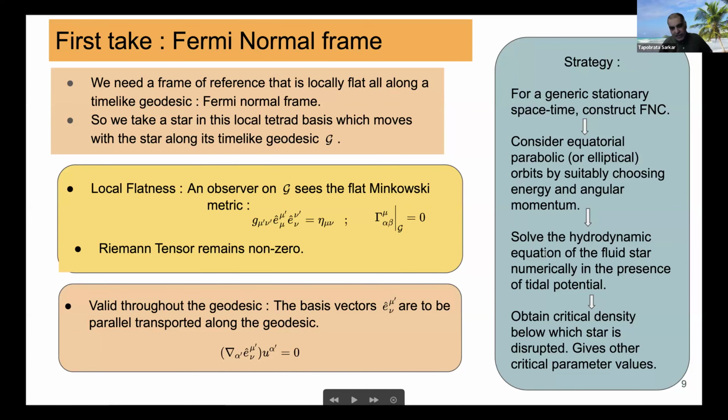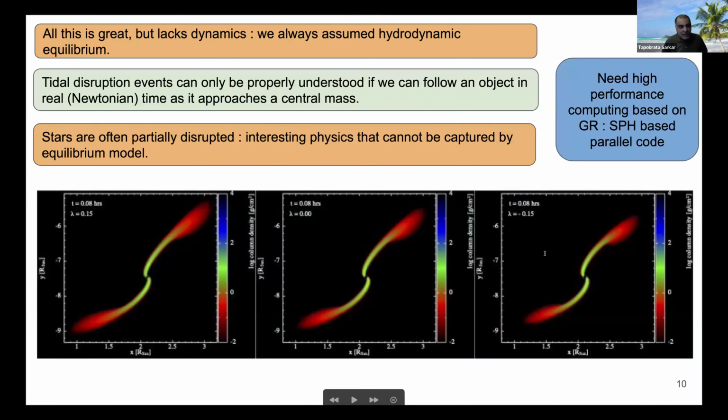But we have to remember that this whole thing is a static type of analysis, because what you would really like to do is to obtain some results which you, as an asymptotic observer, will observe in real time. You really cannot go to the locally flat frame of the star and do your calculations there. This is a very beautiful thing which people have been doing for 2 or 3 decades now. But then we have to move on. If you want to test it with real observations, you have to incorporate dynamics.